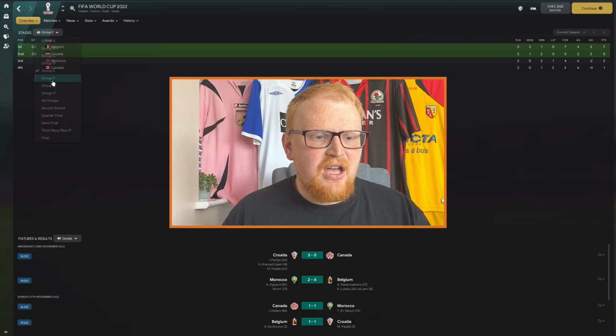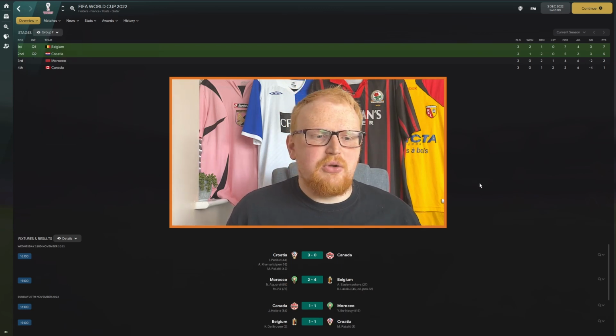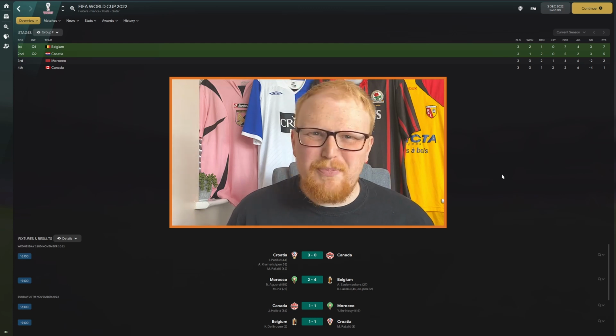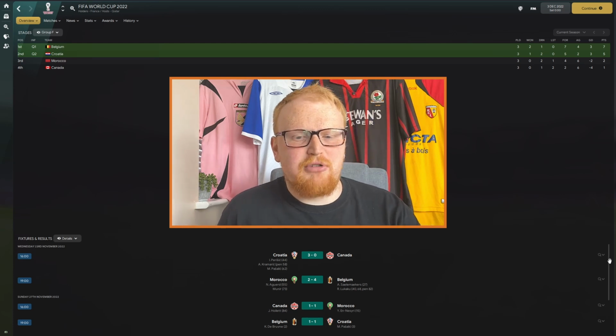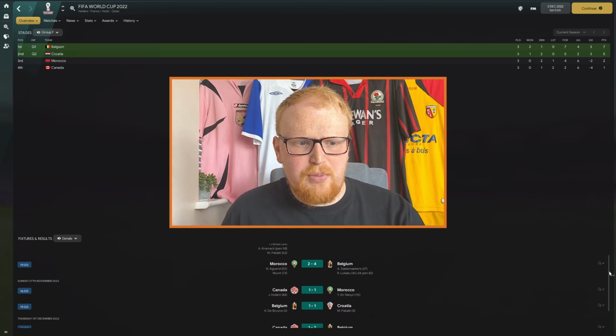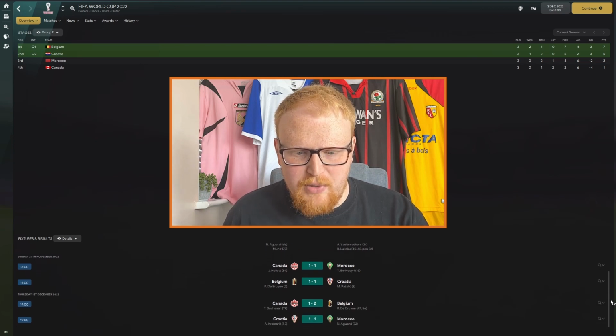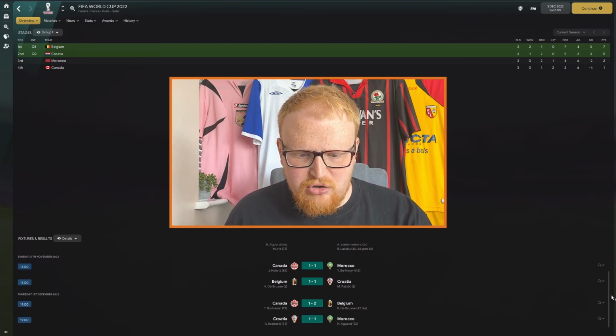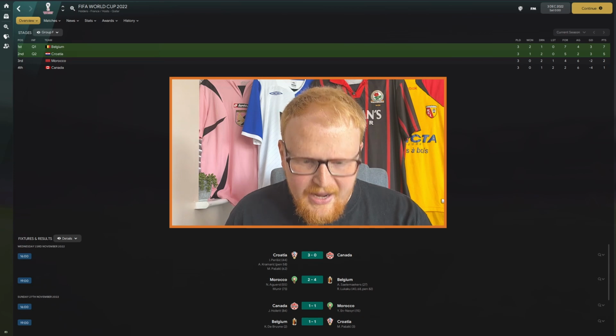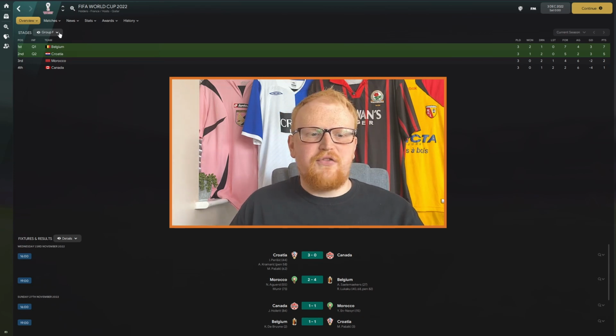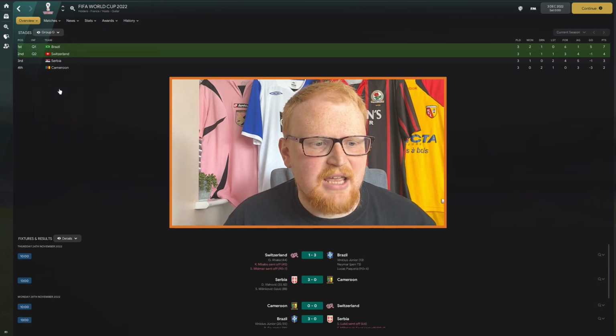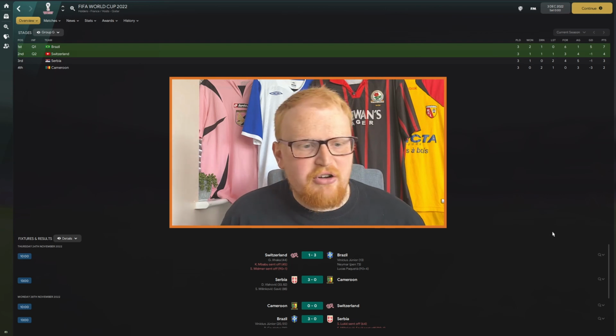Group F, again, no massive surprises there. The two European sides, not really powerhouses. Anyway, last year's runners-up Croatia through. Belgium, third place last year, winning the group, topping the group as well. Croatia dropping points to Morocco and Belgium with a victory over Canada, enough to give them 5 to go through as second place. Brazil winning their group with relative ease.